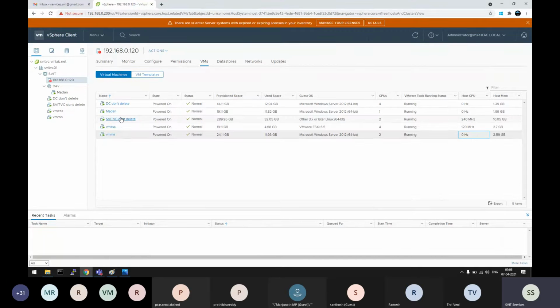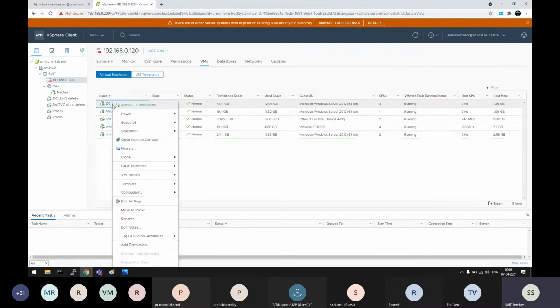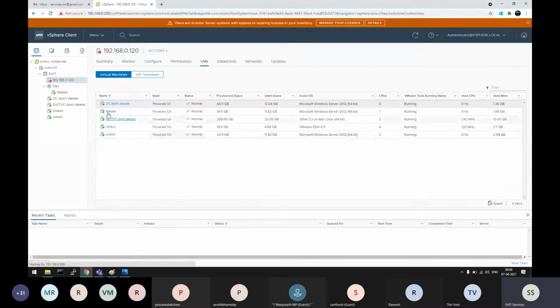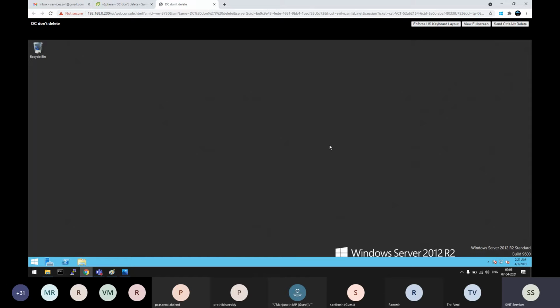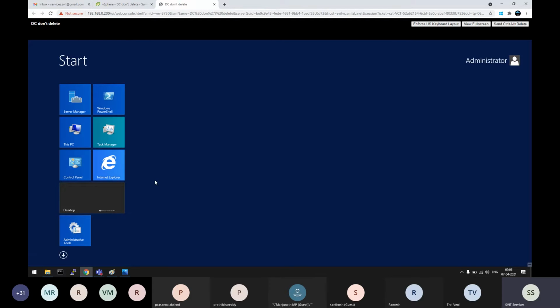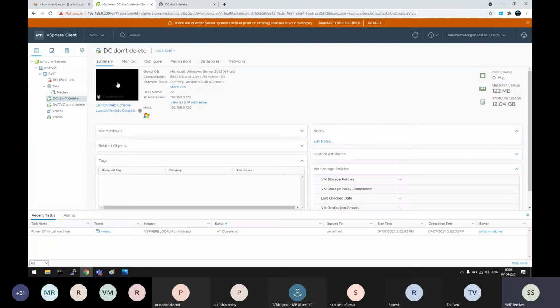Each one operates as a separate computer. Let's say if you see this virtual machine, you can see its monitor. It's like another computer, separate. Only on the screen we can manage.